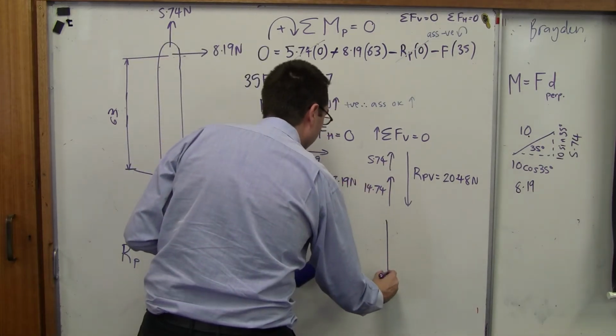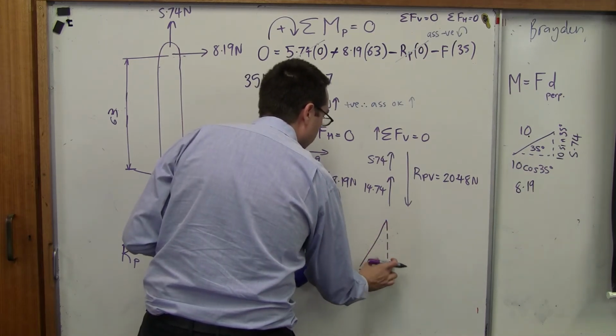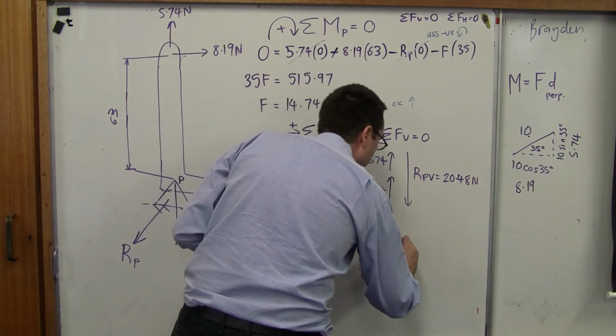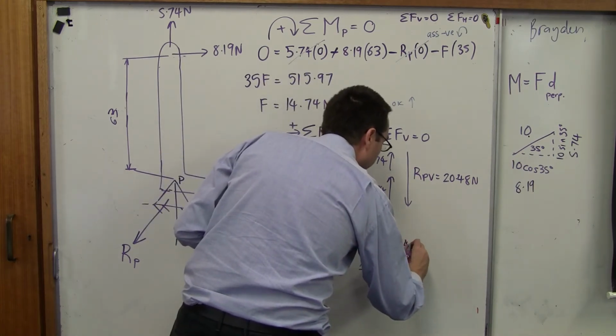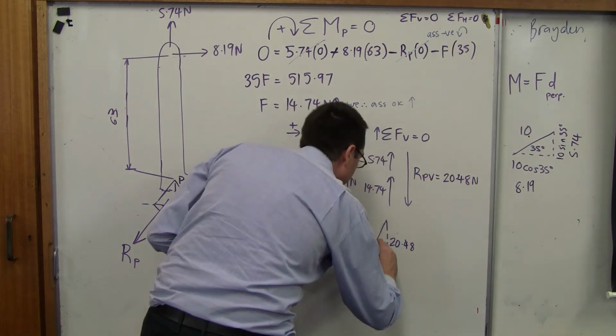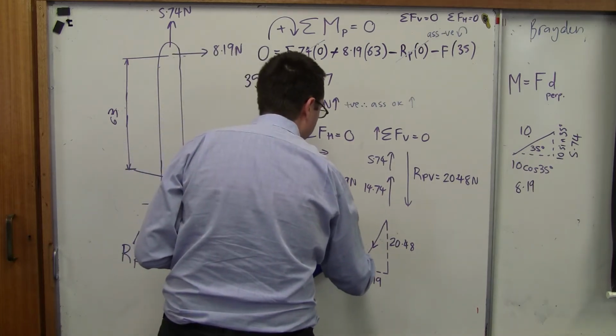Now, that only gives us the components, right? What we now need to do is take those components. We have the horizontal and vertical components, so this is 20.48, and this is 8.19. So what's that value going to equal? Square root of both. Yeah. RP is going to equal